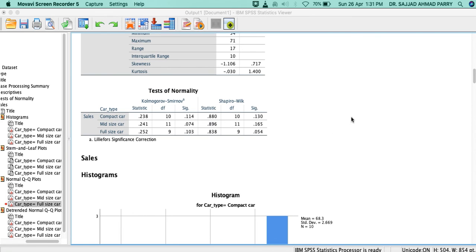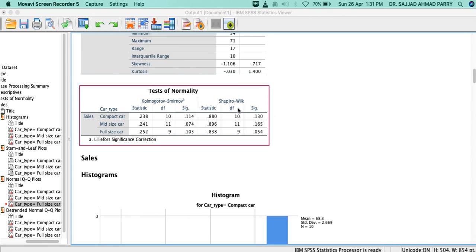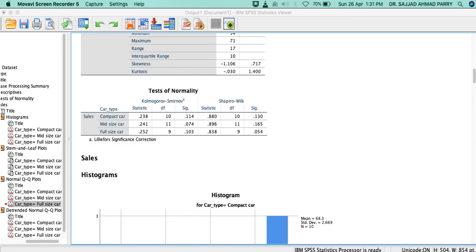So what should be our result? When p is greater than 0.05, the null hypothesis is accepted, and we can say there is normality in the data. Fine, so this is the normality test.